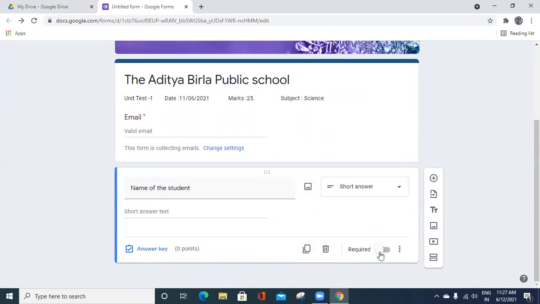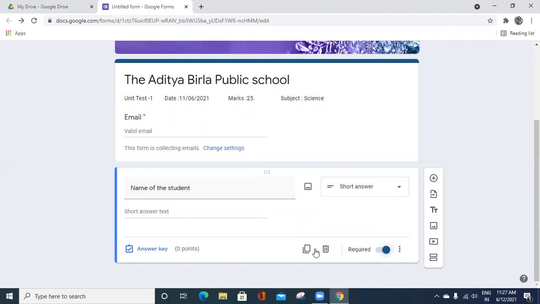Now this is required, so click on this. What is the importance of required? If you don't click like this, when the child submits, he can miss this question and still submit it. But when you click on required, that means the child compulsorily has to write the answer for this question. That is the meaning of required. Okay. Now, name of one.